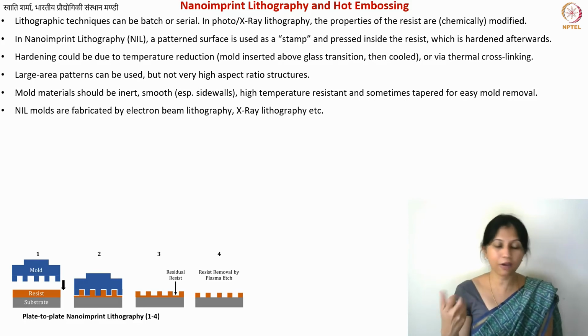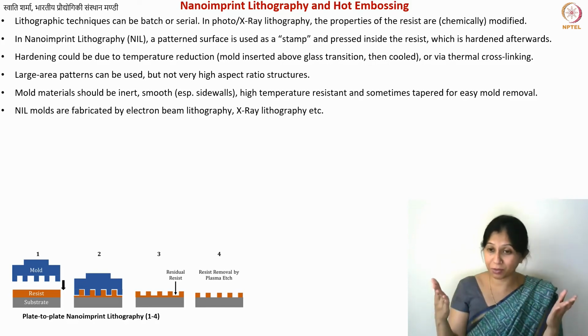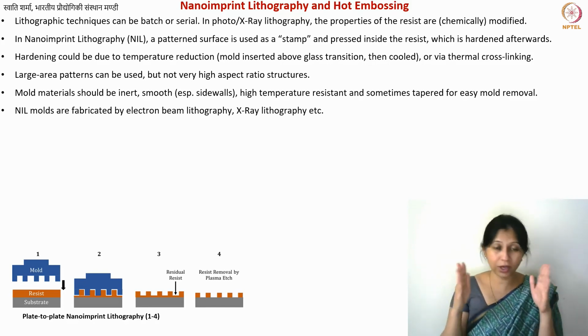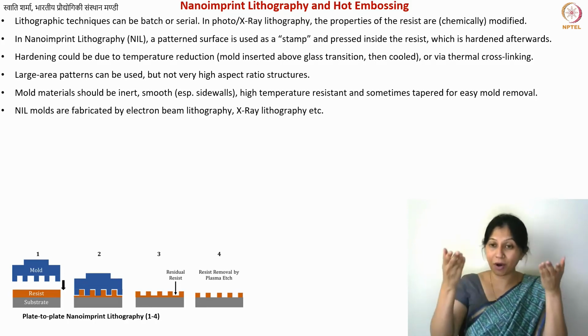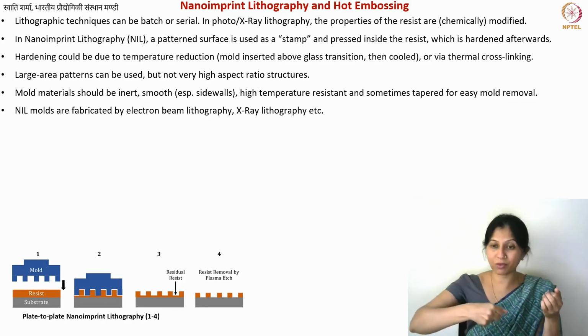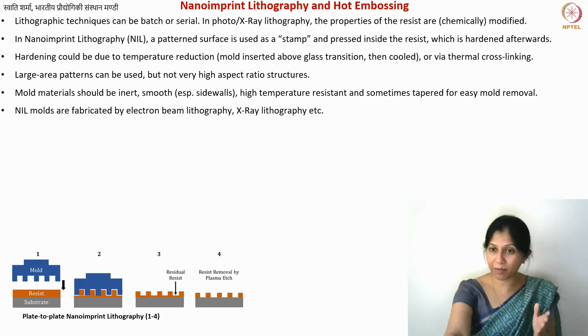But there are of course challenges. For example, when you remove the mold, sometimes your entire structures will come off. So the adhesion of the material that is being fabricated, your polymer, should not be very good with the mold. If it is, what you can also do is make your mold slightly tilted, so the structures can easily come off, rather than making completely straight walls. You have to work with these design parameters such that there is minimal damage on the removal of the mold. So you can have these tapered walls.